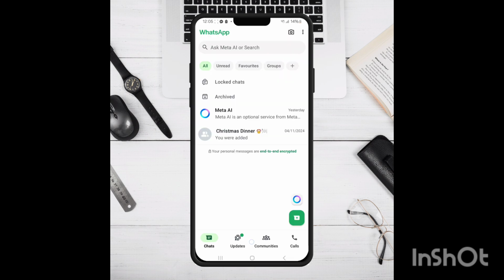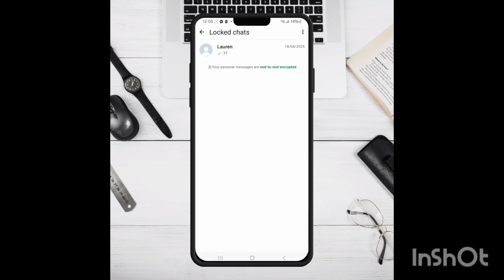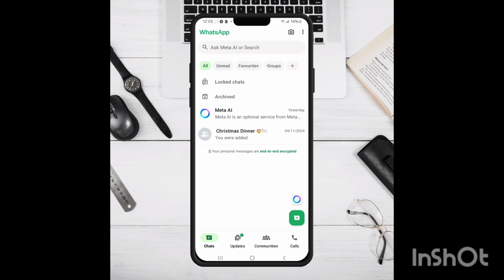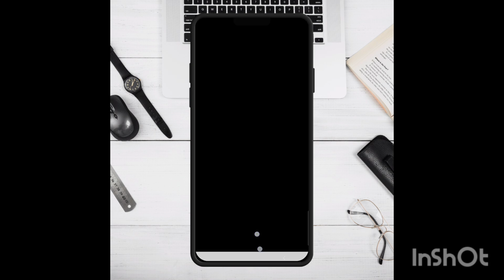You see lock chats, so you tap on that and you press your fingerprint, and that brings up your locked chats. But as you can see, it comes up in your WhatsApp home screen as that you have a locked chat. So to hide it, you would go into your locked chats,